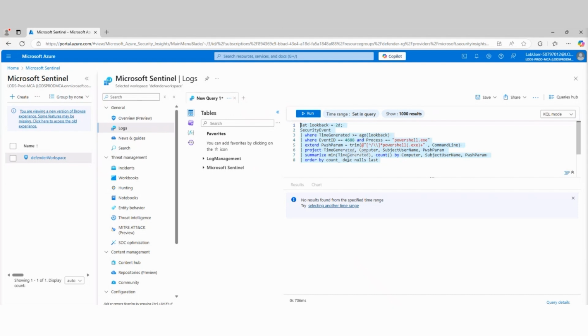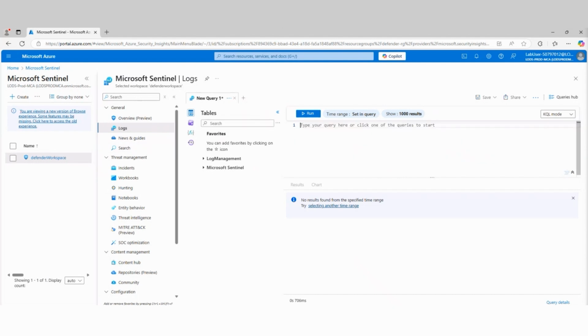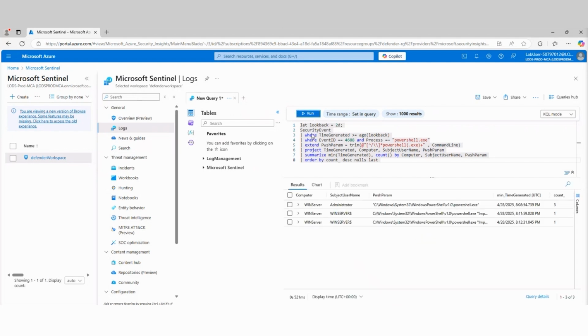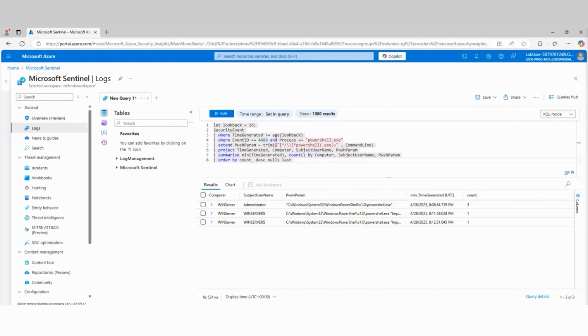So that's an example of one of the queries that we can run. Again, there are additional queries that we have the ability to run here. I can go in here. Again, it's all KQL, Kusto Query Language. So here is an example. So now we're starting to get log data in. So you can kind of see what the results are as part of that there. So this is what we should see.